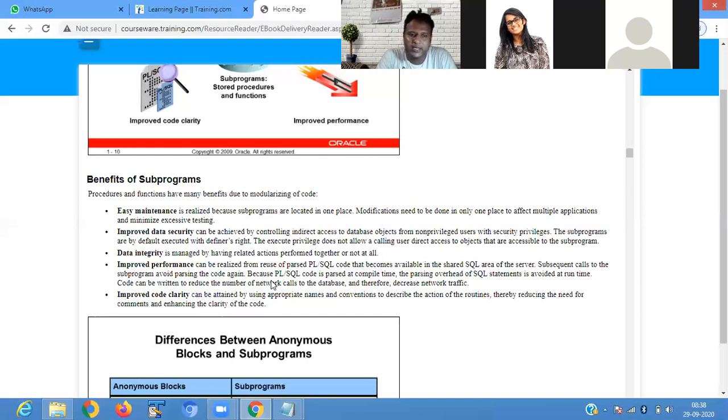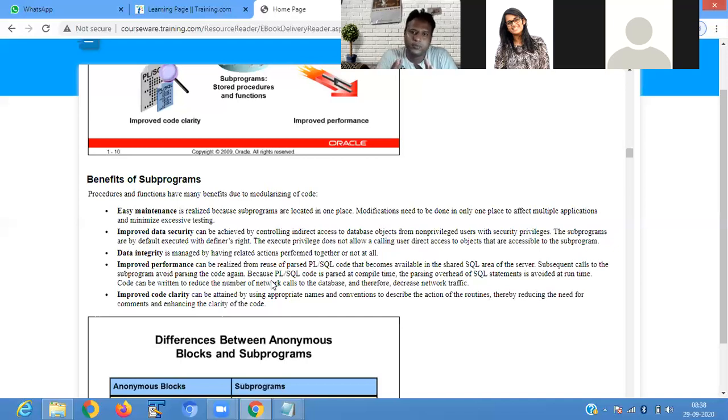Improved data clarity. It can be attained by using appropriate names and conventions to describe the action of a routine, thereby reducing the need for comments, enhancing clarity. So your code is clearly written. So you are defining a function, suppose add. So anybody can understand that this function or procedure is used for adding, subtracting, or getting employee details. We are defining a procedure or function.